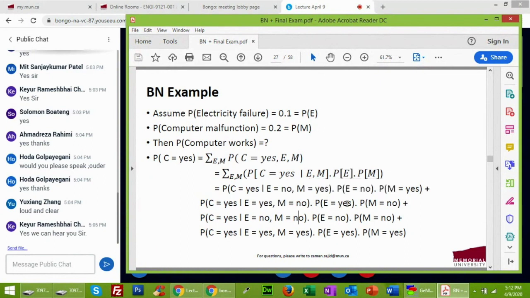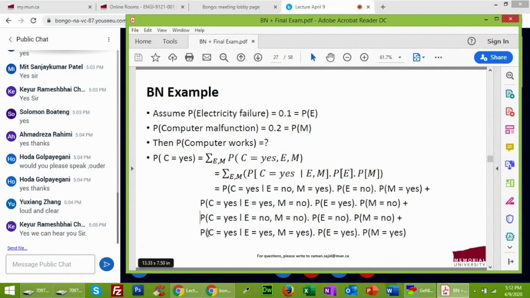Again, if you have these probabilities given, you can find the probability of the failure or success for the rest of them. In the third one, where the computer works, yes, and electricity is the failure and the computer is the malfunction, in this case this probability value will be 0, because the computer is not going to work if electricity failure and computer malfunction both are in a failed state.